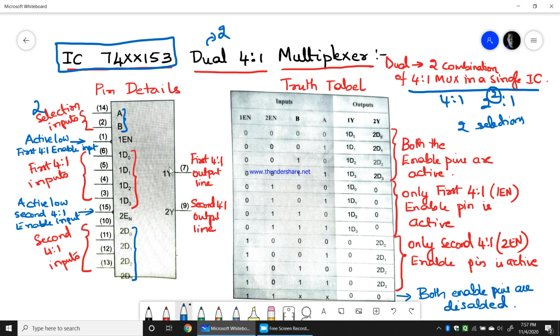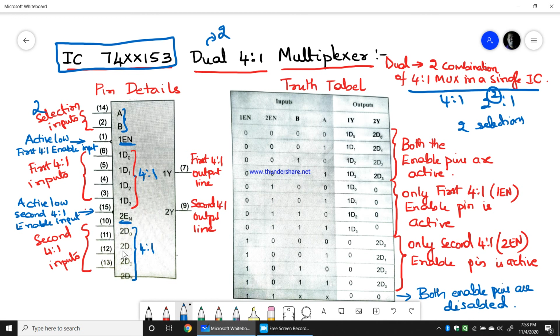Now for each 4:1, you will have a separate enable pin. So in this IC, you will have separate enable pins for each 4:1 mux. 1EN is the active low enable pin for the first 4:1 mux. For the second 4:1 multiplexer, 2EN is the active low enable pin.